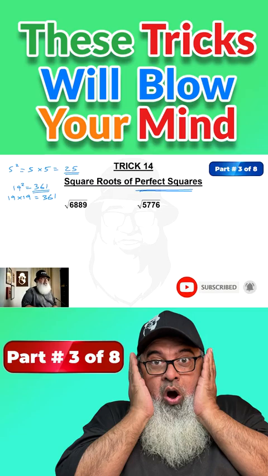So 6889 is a perfect square, and we have to find the number that multiplied by itself gives the result 6889, and that is called the square root. So how to calculate the square root of a perfect square easily? Let me tell you in 3 steps, and after a little practice you can do it in 5 to 10 seconds. Okay, so the first step is from the right